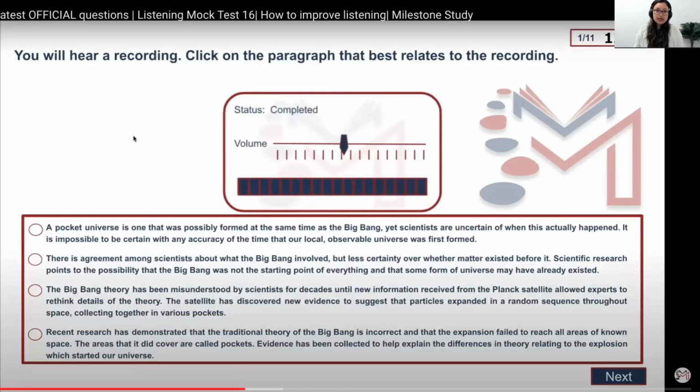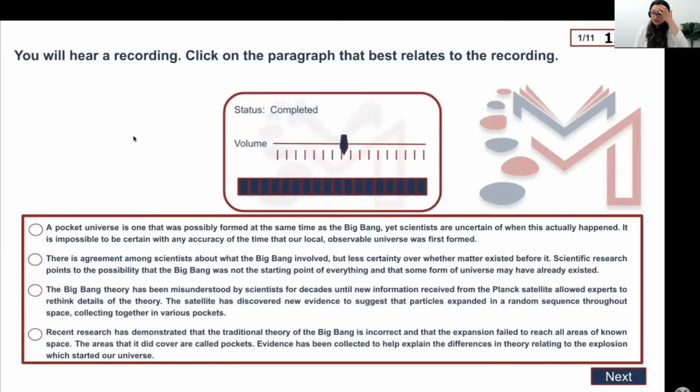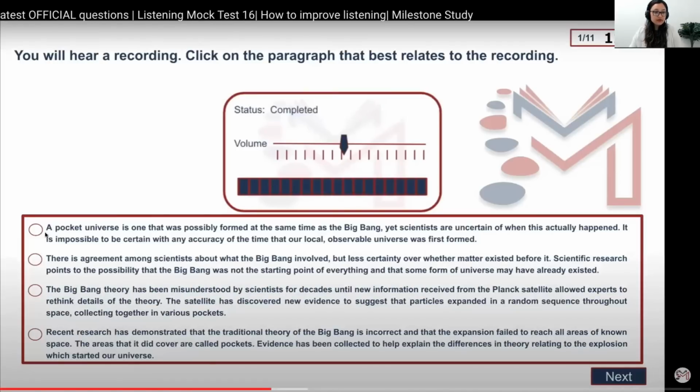I've taken all the notes down, and it basically said that there was a theory of the Big Bang, which said the universe existed 13 to 14 billion years ago, but it wasn't clear exactly when. Later on, with the help of scientists and the Planck satellite, we got to know that it existed 13.82 billion years ago. So the Big Bang happened 13.82 billion years ago, and that's how today's universe has existed. We still don't know if it began right after the Big Bang or there was something else before the Big Bang, but we definitely know that it was this local universe. That means the universe that we are existing in at the moment started after the Big Bang. Yeah, that was it. So now when we look at the options,